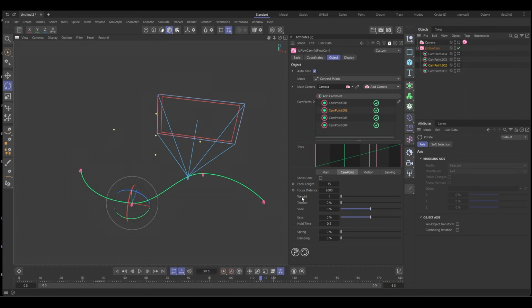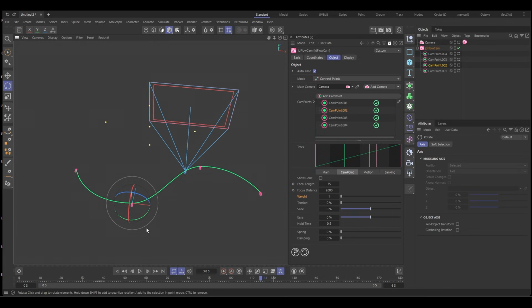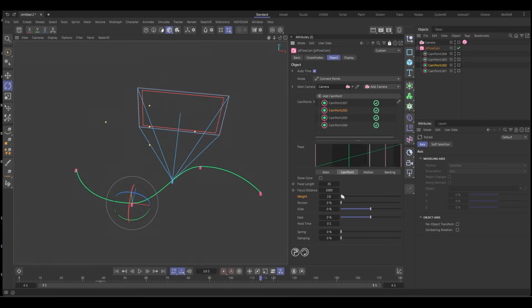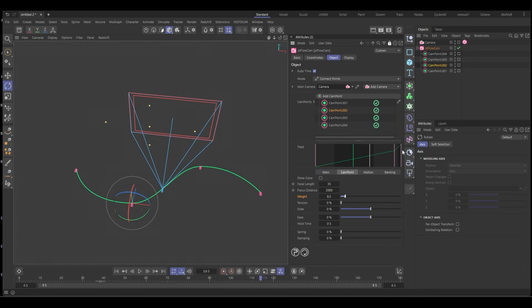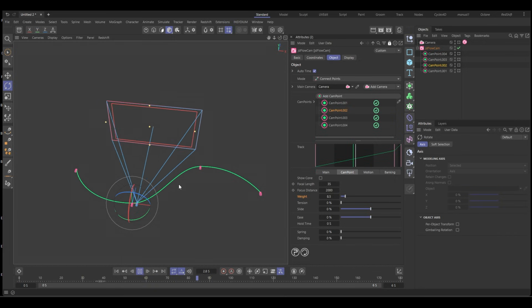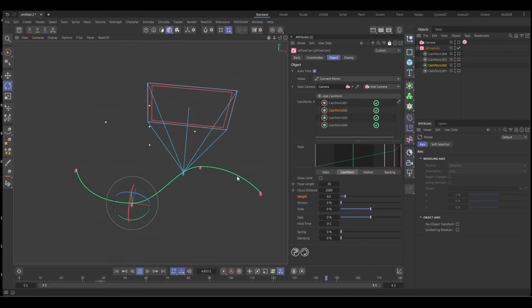Then we have a weight, and the weight is the timing between points. So if we've got this one selected, it then becomes the timing either side. So if we increase the weight and we look at this here, you can see how it's stretching that time. It also means that there's less time for the other camera points. So you've got to be careful about what you're going to do here. So it just means that there's more time between these two than there is between these two,